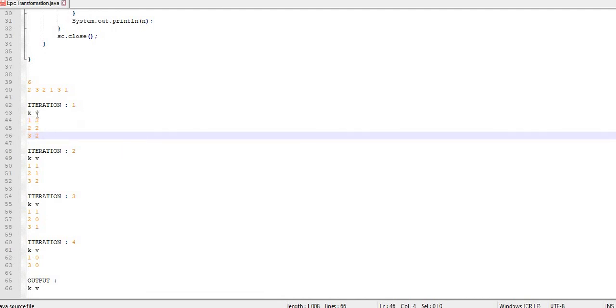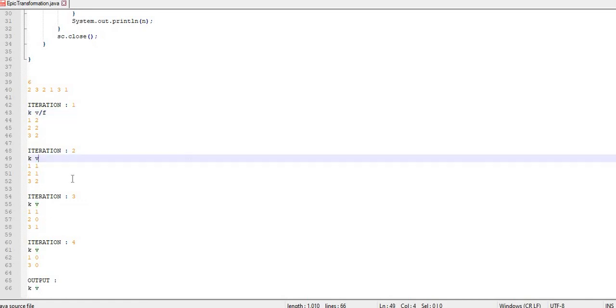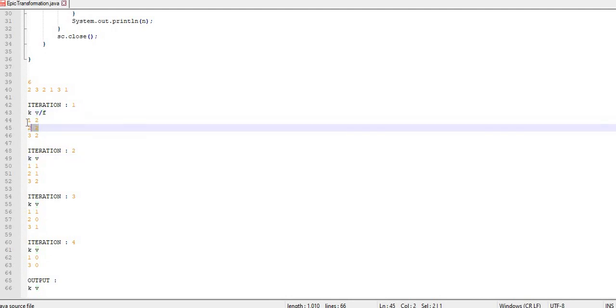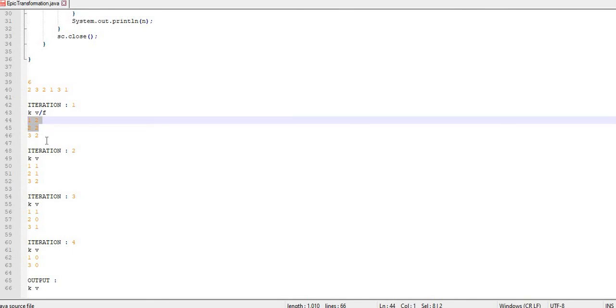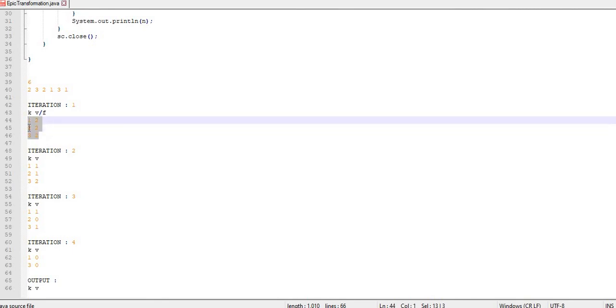Value stands for frequency, I would say F here. So whenever I say value, it means the frequency of that element. Here I can take any max two values in terms of frequencies. I can take the first two elements or the last two, anything is fine, because the frequency is the same for all three elements.